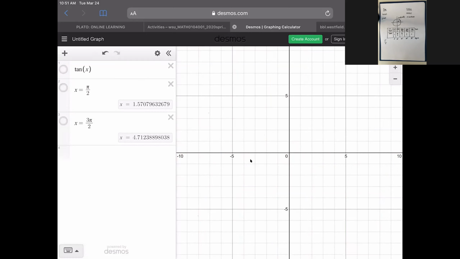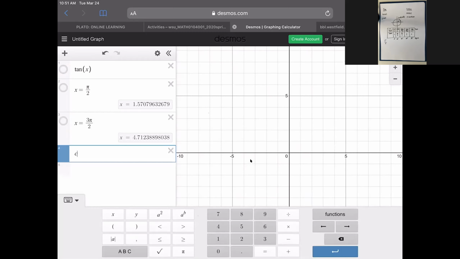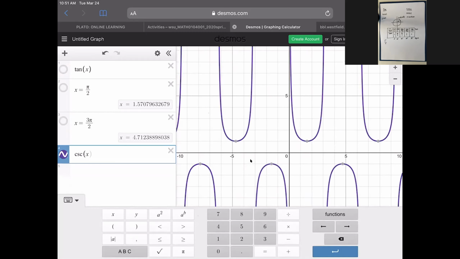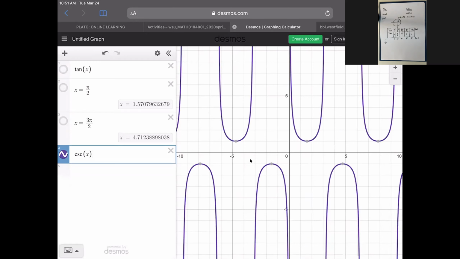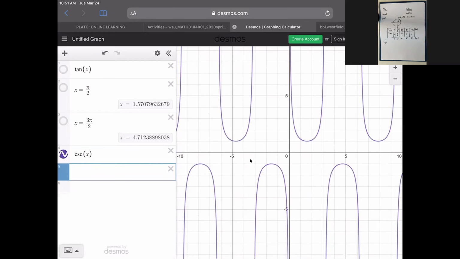All right, so if we just try one more, right? So if we try, say, cosecant of x. Cosecant, we said, was the same as 1 over sine. So this thing's going to be 0 whenever sine is 0, which will be the even multiples of pi over 2, right? So if I do something like 2 times pi over 2,